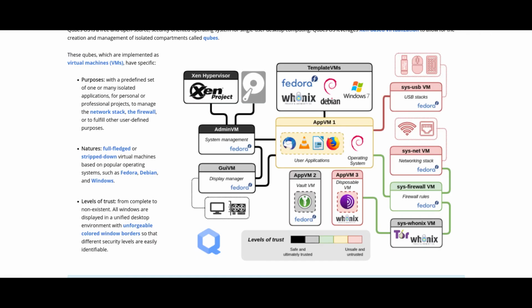But the overall gist of it is that the operating system is designed around virtual machines, but they call them cubes, as in they're tiny containers. And in these virtual machines, each application is run inside them, so they cannot communicate with each other. And that's the difference between Qubes OS and different operating systems.